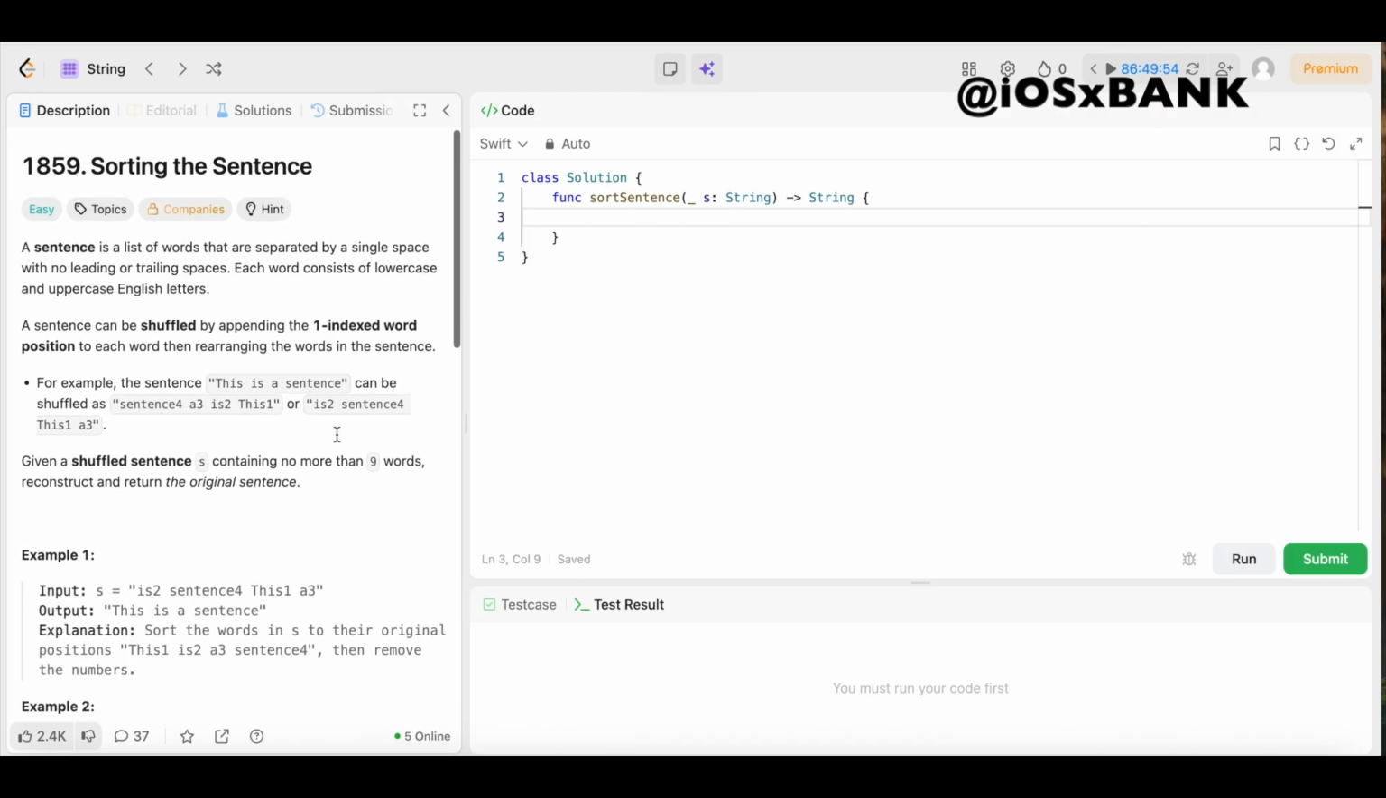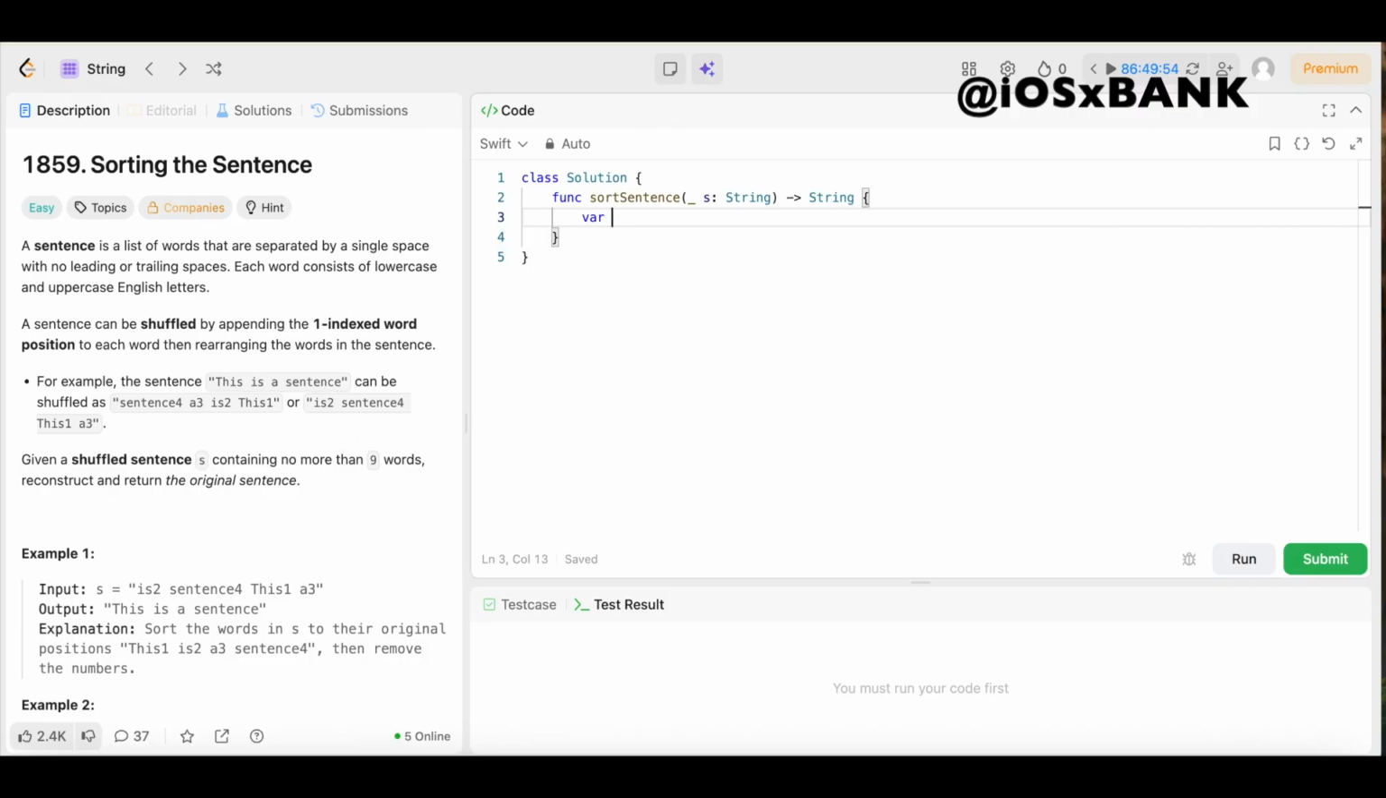And now that we understand the question, let's get into the fun part, the actual solution. The solution is not that difficult, so let's get into it. Now, first we need to split the input string into an array of words separated by spaces, and each word is expected to end with a number indicating its correct position. So we'll declare a variable called array, and we'll set that equal to s.components,